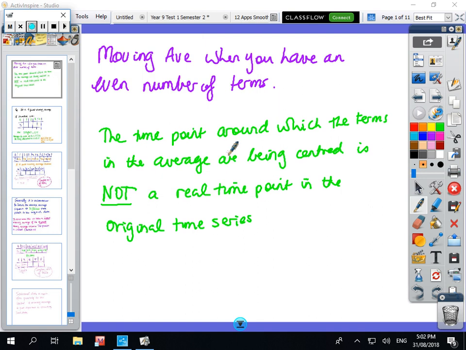Okay, so we're looking at another smoothing, this time when you have an even number of terms for the smoothing part. So it looks like we've got a lot of slides, but it's mainly just copying down some notes. Okay, so when we have an even number of terms, the time point around which the terms